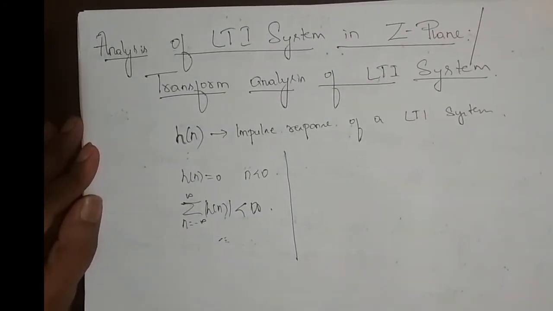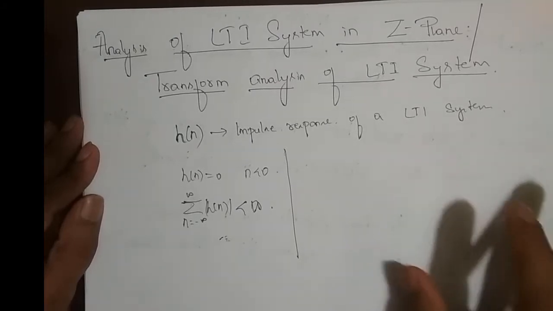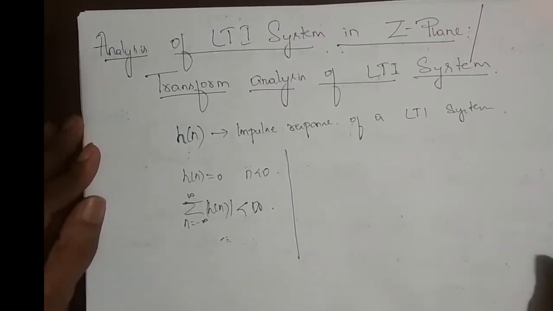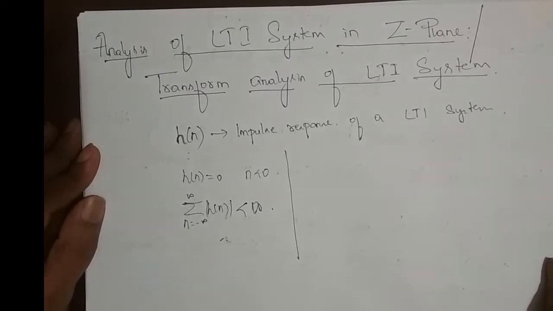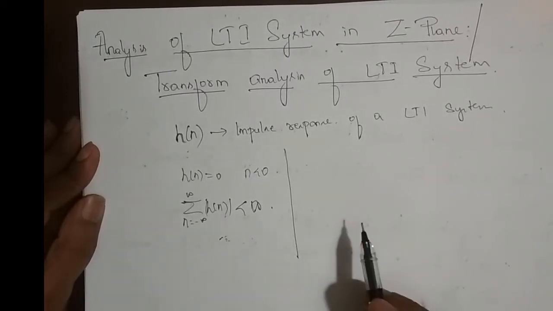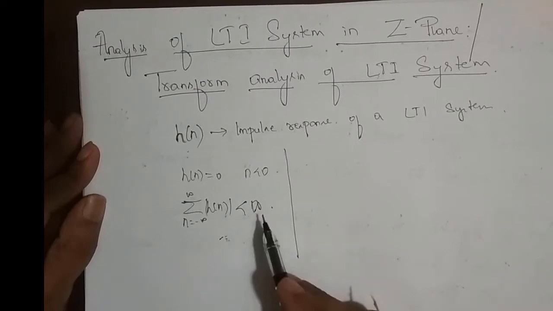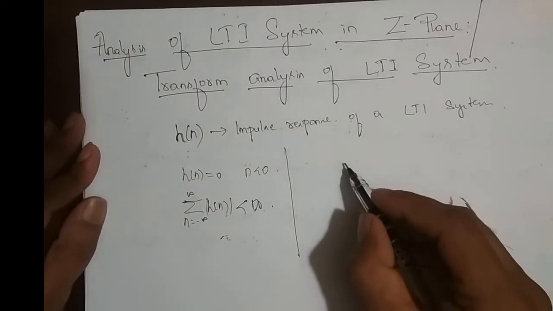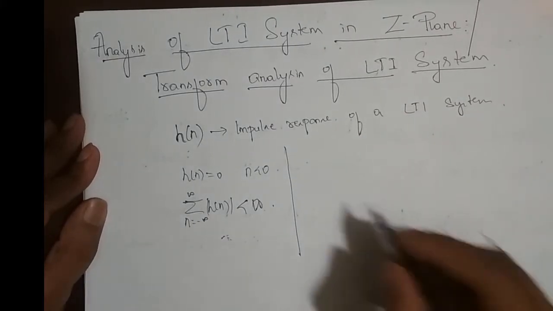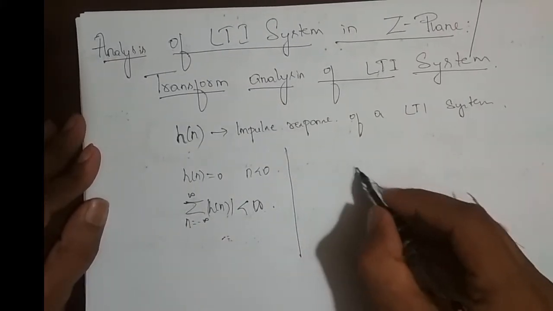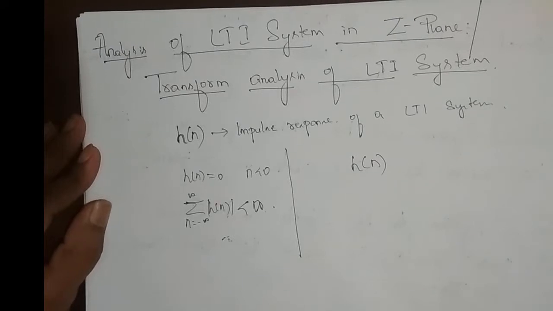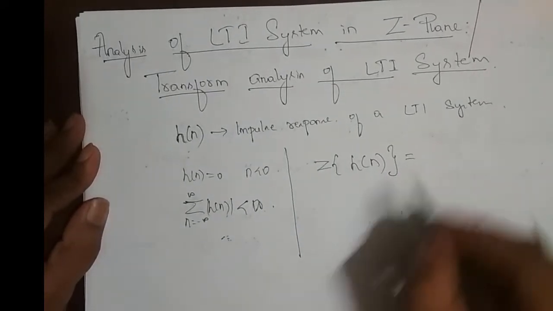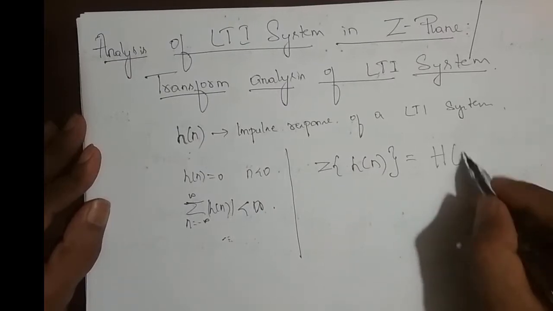Okay, but we can even do it in transform domain, which is easier compared to time domain. When I say transform domain, here it is Z transform. Okay, so we'll discuss how to check for its causality and stability in Z domain later, but before that we have to discuss system function here. So we have impulse response h of n, right? Okay, what if I take Z transform of that impulse response h of n? So I end up with H of z.